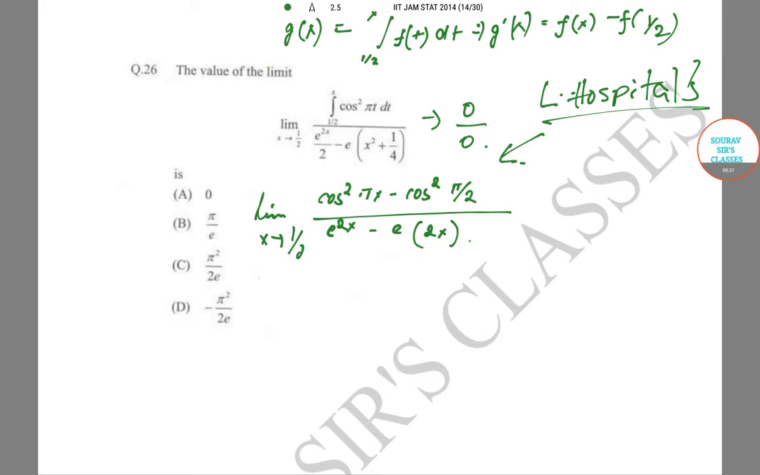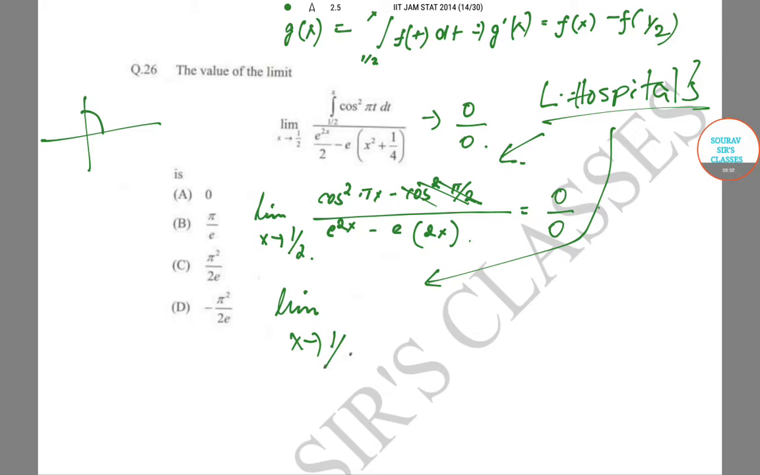Now cos of pi by 2 is 0, so cos square pi by 2 can as well be erased. Cos square pi x as x goes to half is 0, and e to the power 2x is e, minus e times 2x is e, so even this is a 0 by 0 form. And once again we apply L'Hospital's rule to get